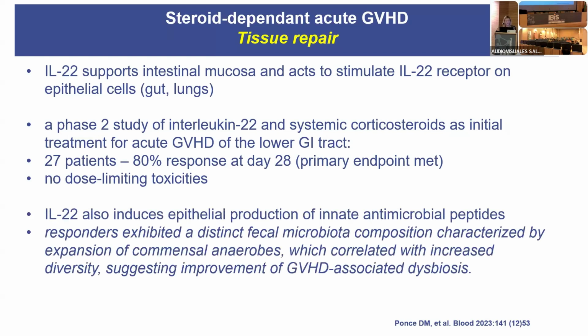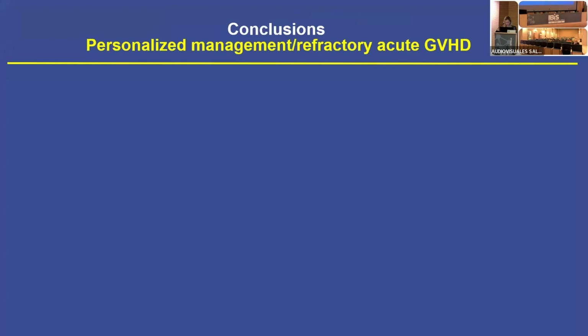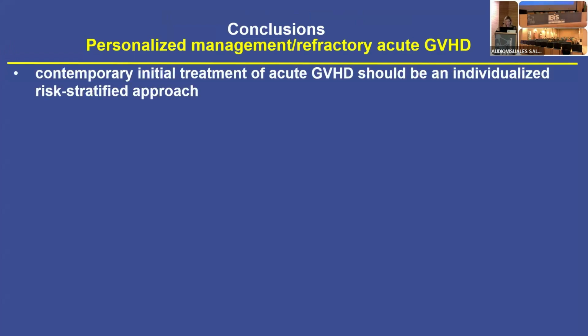It seems that EL22 also induces epithelial production of antimicrobial peptides, which leads to the fact that responders have higher microbial diversity. So it all works together, the enterocyte recovery and microbiota recovery together. In summary, I would say that contemporary initial treatment of acute GvHD today, with all we know, and potentially with